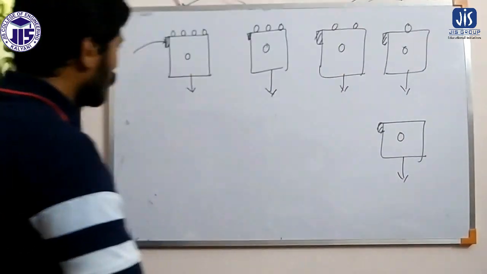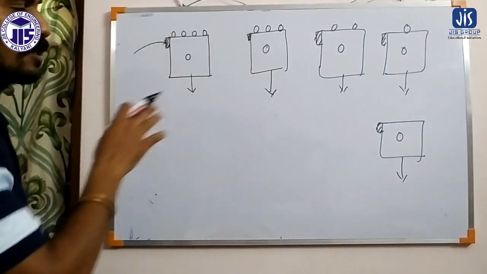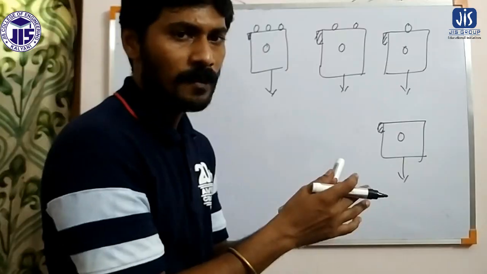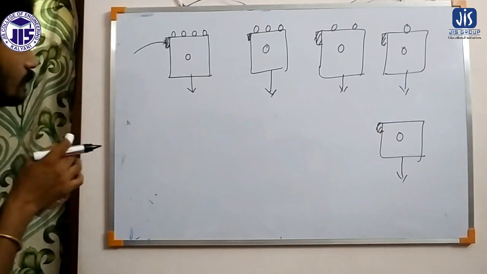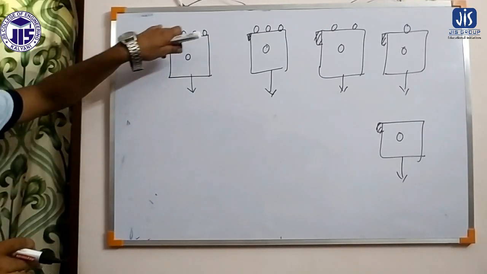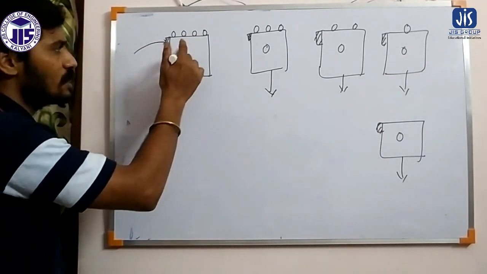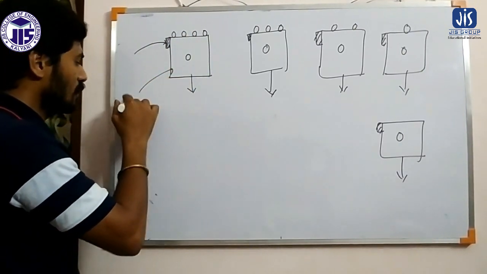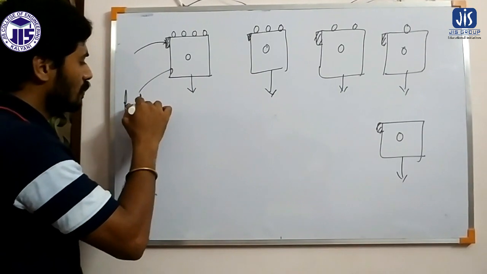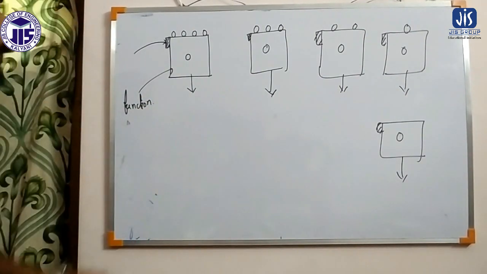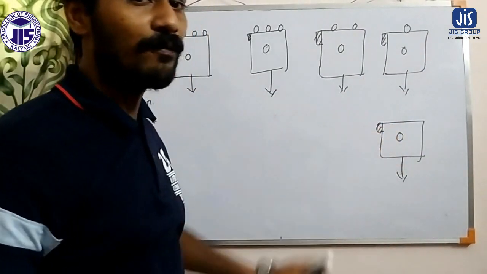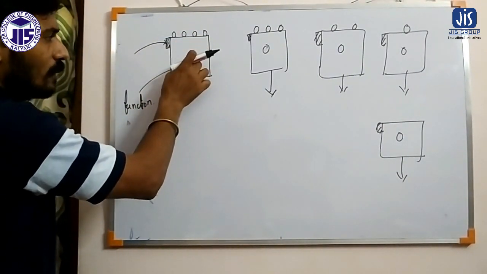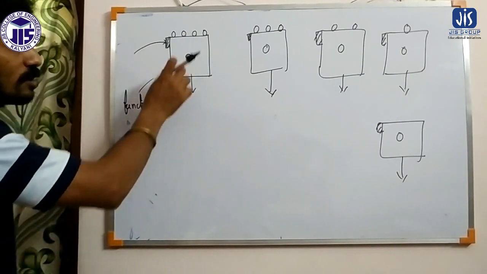Now what is the similarity in this task? What is the similarity between all these 5 tasks? They are all 5 separate tasks. Now if I consider this box as a process, or you can say a function, then if you look at the function, in every case the function is similar. In the function we have one ball available, which is ready to deliver.